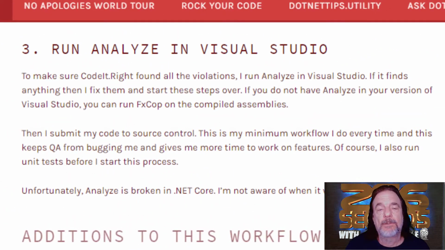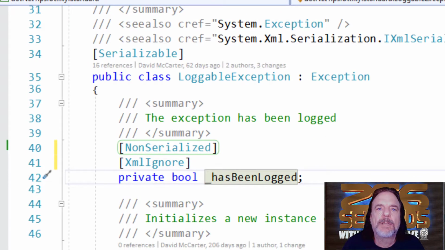The next step is to run Analyze in Visual Studio. Analyze has been around for a while now in the .NET Framework and has worked really well in .NET Framework. It's just brand new to .NET Core, and I think there's still some kinks they need to work out. So while it works in .NET Core, it definitely doesn't work as well as the version of .NET Framework. So in .NET Core projects, you can go to Properties